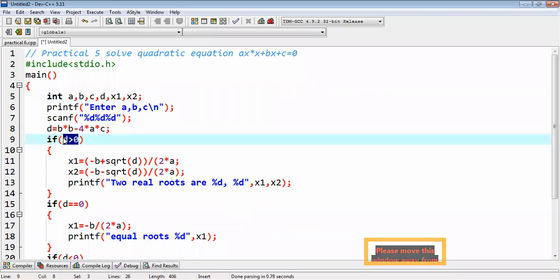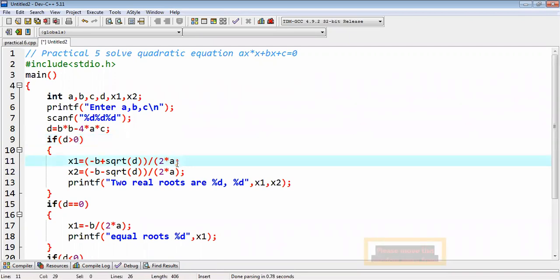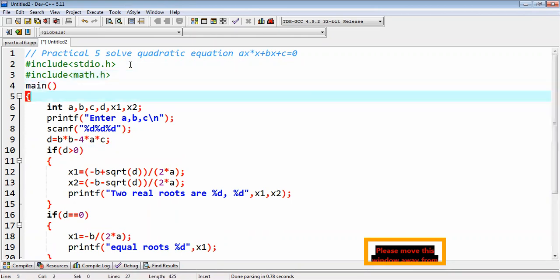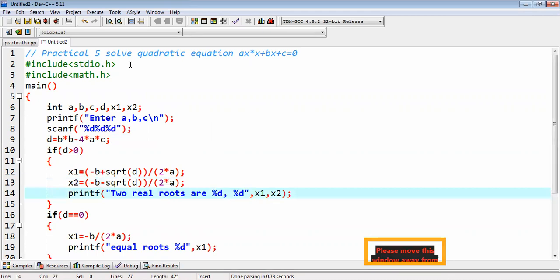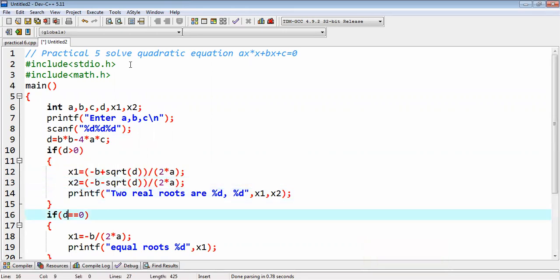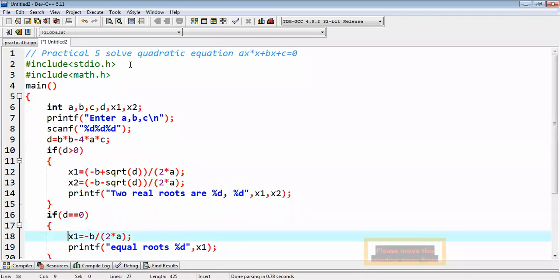If the discriminant value is greater than 0, then the roots are x1 and x2. x1 is minus b plus square root of d upon 2a. Okay, close the bracket here. Since we are using the sqrt function, we have to include hash include math.h header file, in which the sqrt function is present. The second root is minus b minus sqrt d upon 2a. And then the two real roots are %d, that is x1 and x2, which we have calculated here. In the next condition, if the value of d is equal to 0,